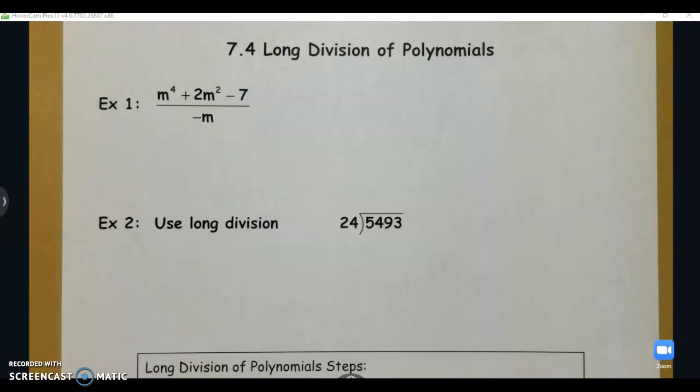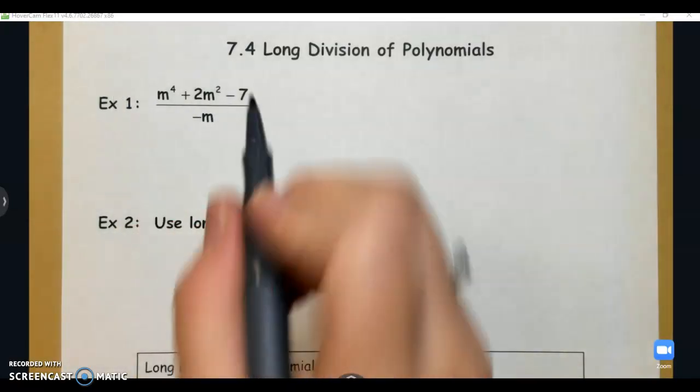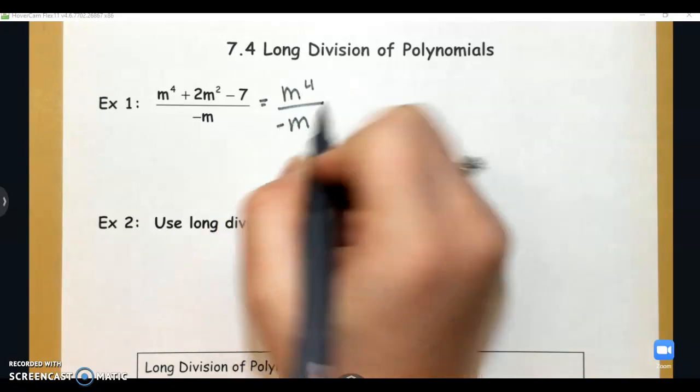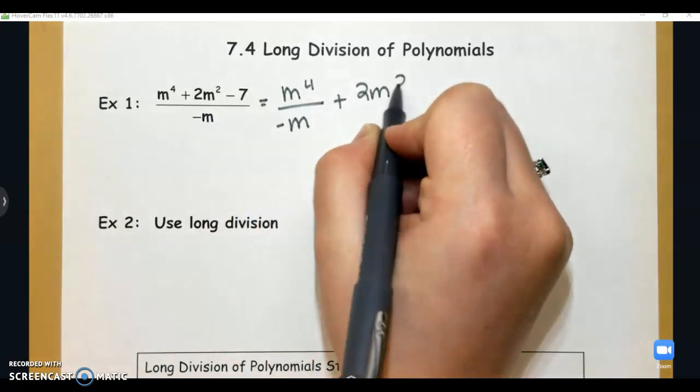Today we are talking about long division of polynomials, which is the method we use to divide a polynomial by a binomial. So previously, if we were dividing a polynomial, meaning more than one term, by a monomial, a single term, such as this, what we could do is split each piece up into an individual fraction and complete each